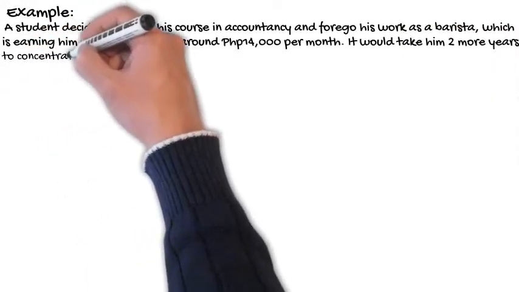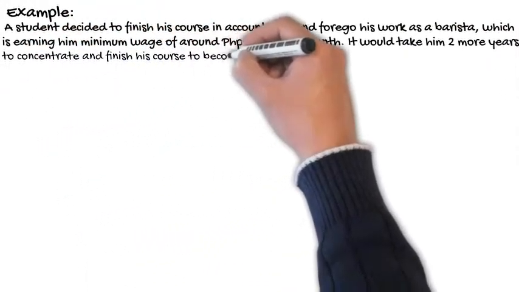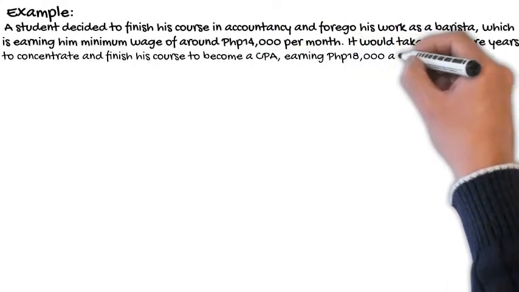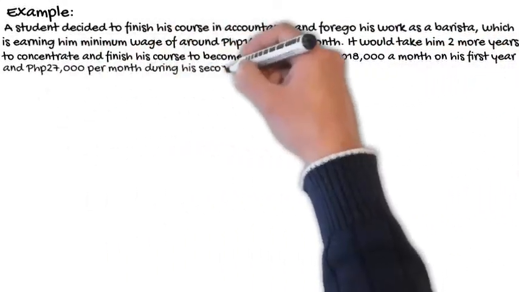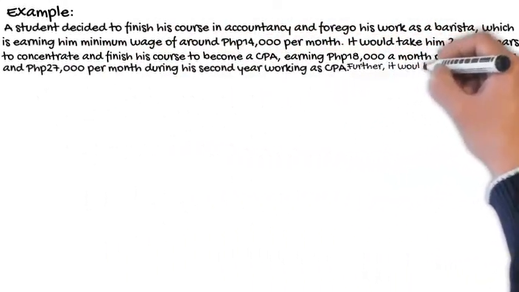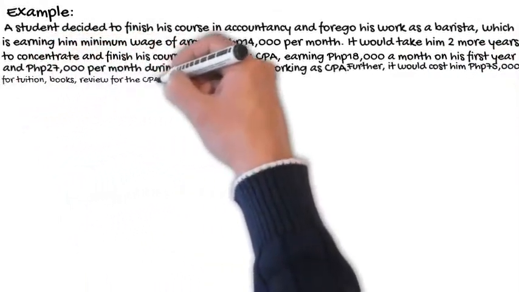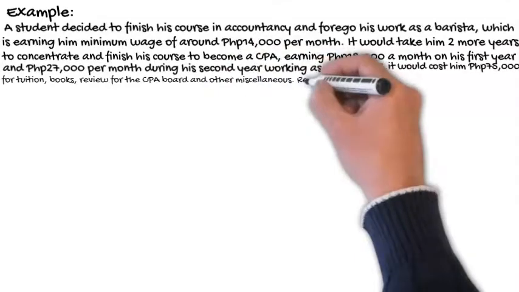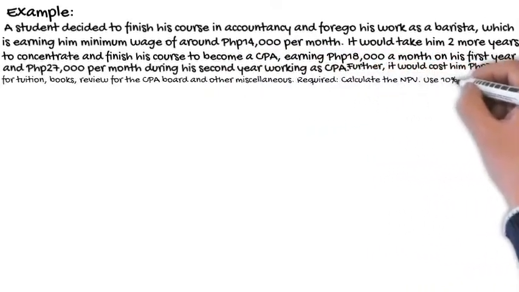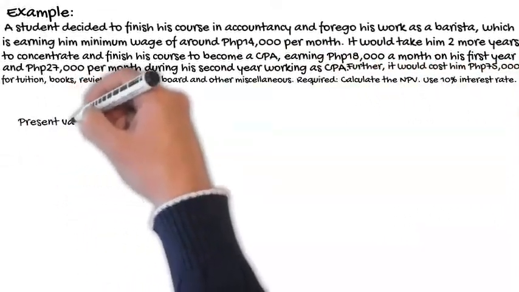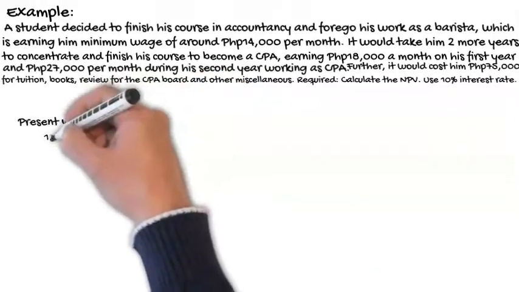It would take him 2 more years to concentrate and finish his course to become a CPA, earning 18,000 a month on his first year and 27,000 per month during his second year working as a CPA. Further, it would cost him 75,000 for tuition, books, review for the CPA board, and other miscellaneous. Required: calculate the NPV using a 10%